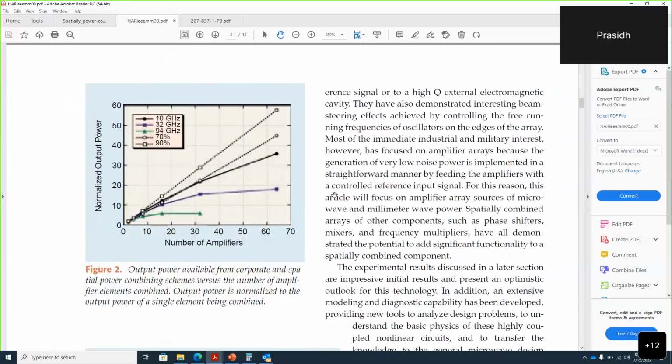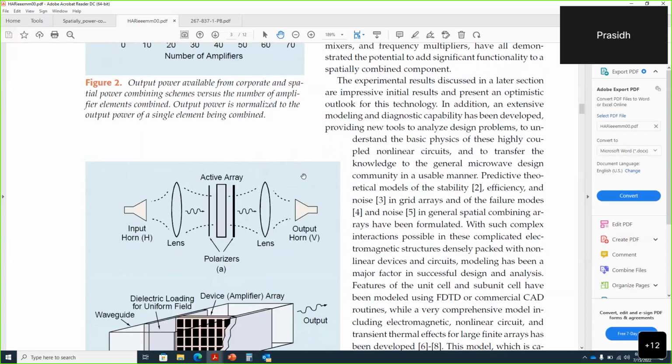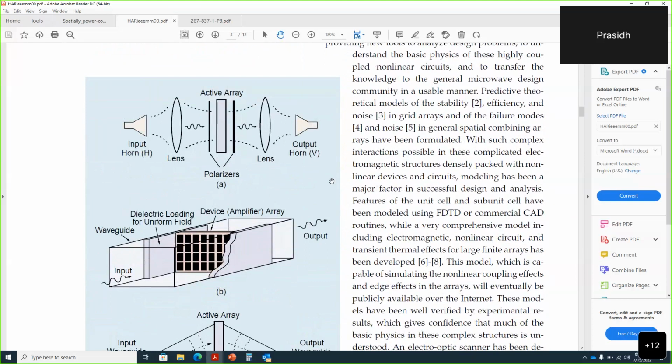The way this works is there is an array of amplifiers here. They have made an experimental study of number of amplifiers versus the normalized output power. The term normalized output power implies the power of one device multiplied by the number of devices; that is the terminology used in this publication. One can see that, compared to planar combining structures, they've been able to achieve up to 90% of combining efficiency, as per this graph, with about 64 elements. The principle that they apply is very similar to what we just saw earlier. Since this is in the higher gigahertz range, around 90 gigahertz, they have used a microwave lens antenna mainly to get the beam